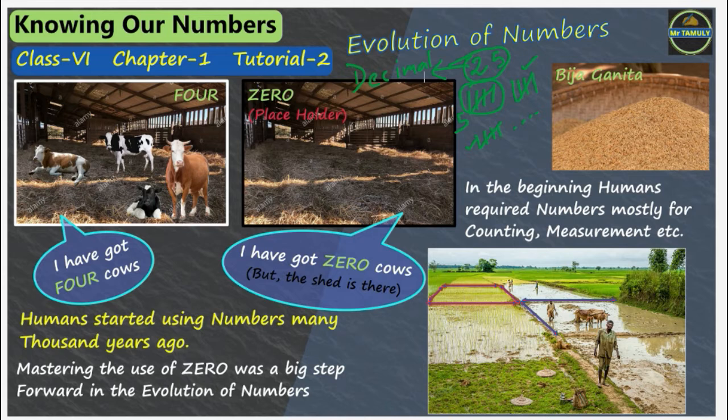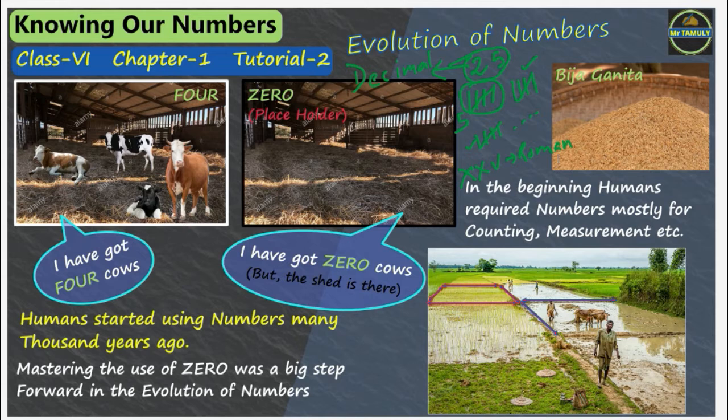Of course, there are other number systems as well. I'm sure you know about Roman numerals. How do you write 25 in Roman numerals? 2 X and a V, isn't it? But Roman number system is not as convenient or as sophisticated as the decimal number system. And we do not use Roman number system as routinely as the decimal number system. As I have told you, it took many centuries for our ancestors to perfect the decimal number system.